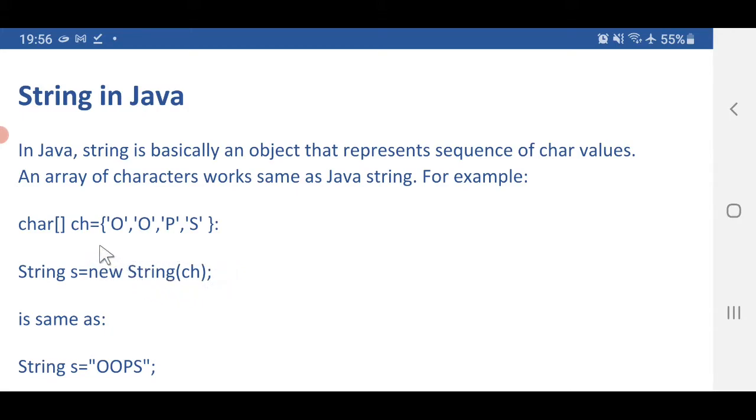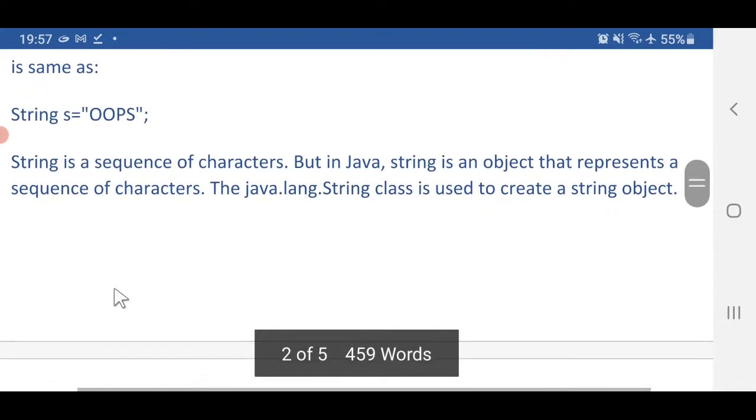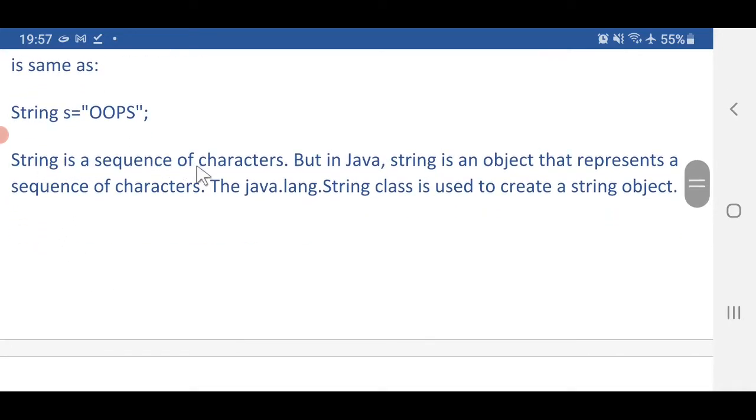This is similar to this one. What I've written here, this statement, string s equal to, in double quotes I've written the same set of characters. All right. After that, students, a string is a sequence of characters, but in Java a string is an object that represents a sequence